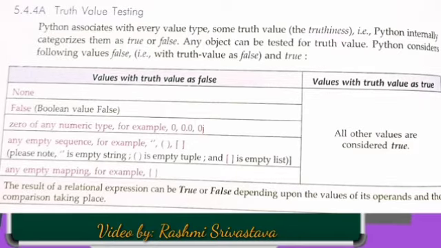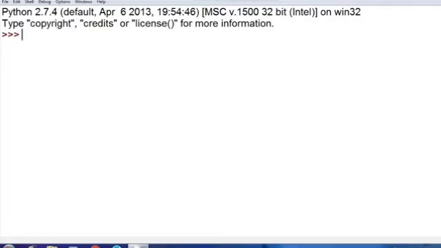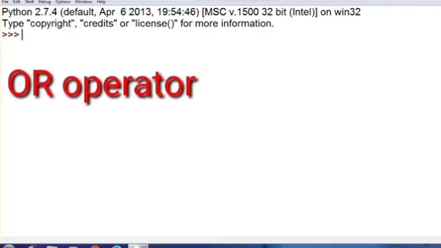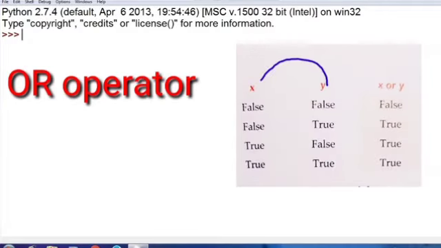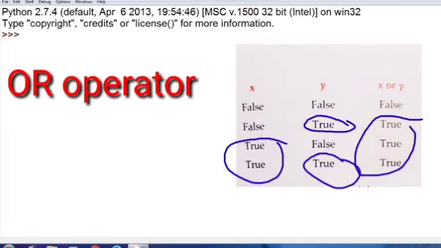So let's see how truth value works with the different kinds of logical operators, which are or, and, not. Let's see the OR operator first, and how it works with truth value testing. The OR operator combines two expressions, which are its operands, and it evaluates to true when any operand returns true. And if the first operand is true, it will not jump to the second operand to check the condition. Okay, so let's see how we can check.